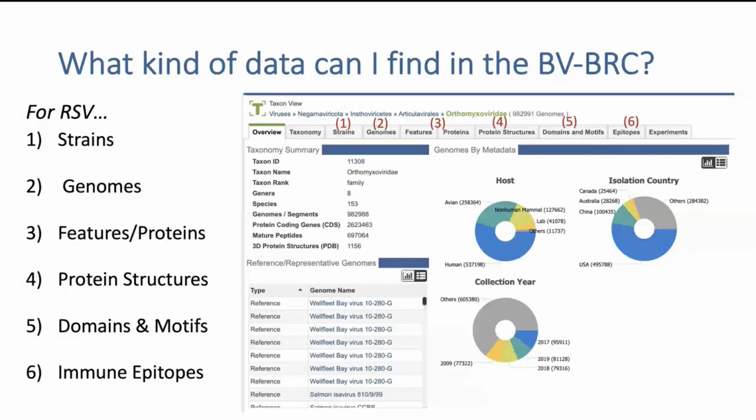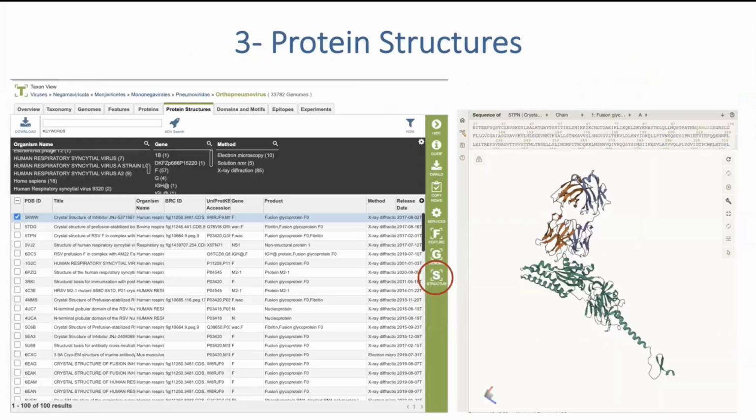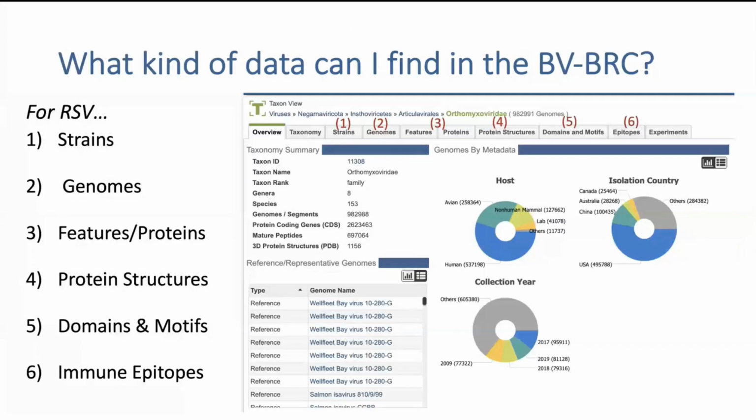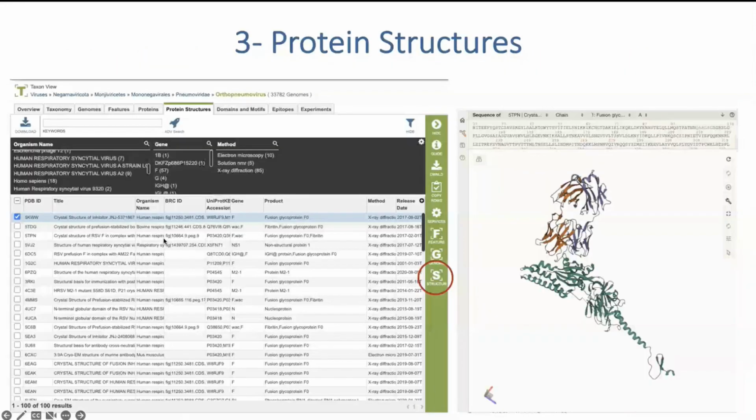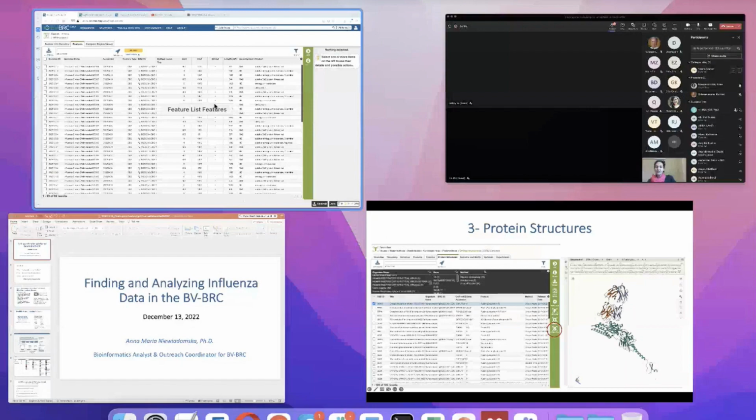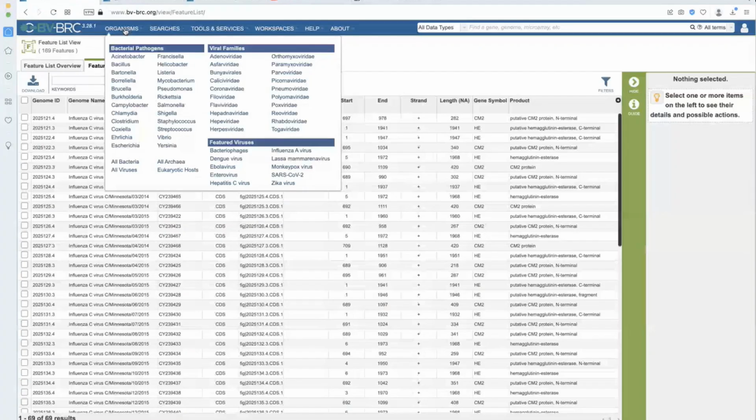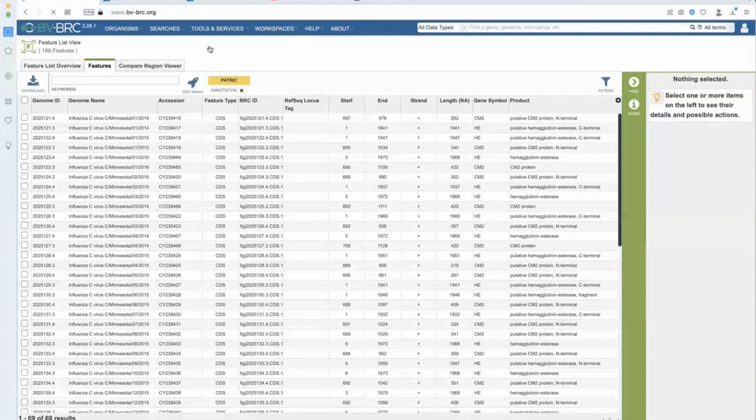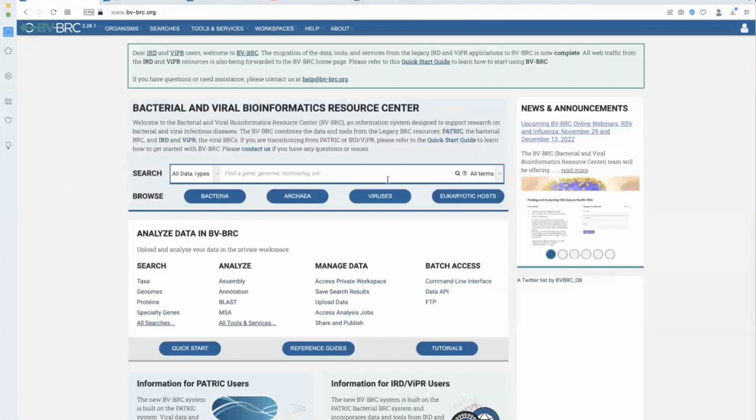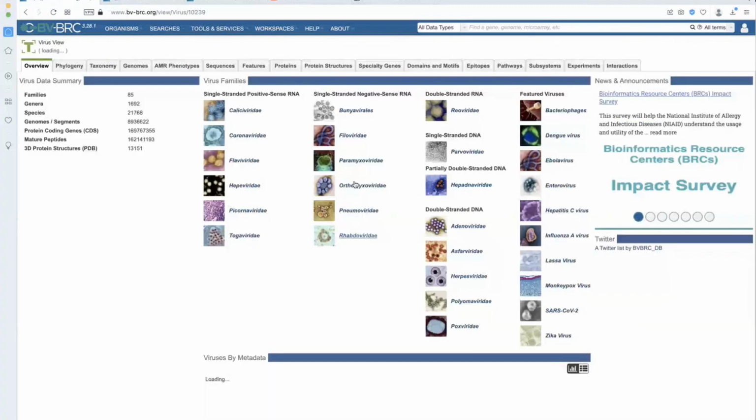So what are the different kinds of data that you can find in the BV-BRC? We talked about those a little bit already. We talked about strains, we talked about genomes, we talked about features and proteins, but we didn't talk about protein structures. So if I go back to my homepage, click on viruses, navigate back to my